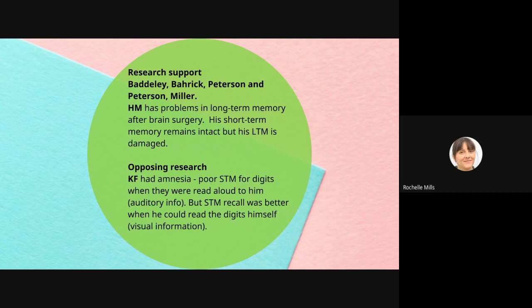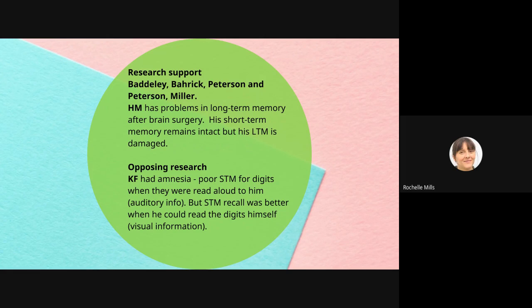So this was auditory information. But within his short-term memory, his recall was better if he could read the digits himself. So if he had visual information alongside the auditory information, he could recall it much better. So this suggests that with regards to short-term memory, it's more complex, and the working memory model is a better